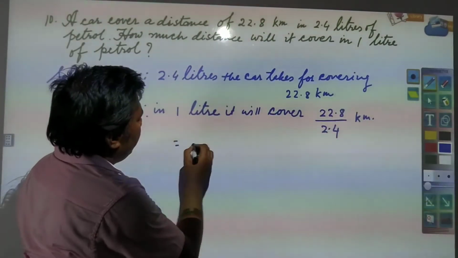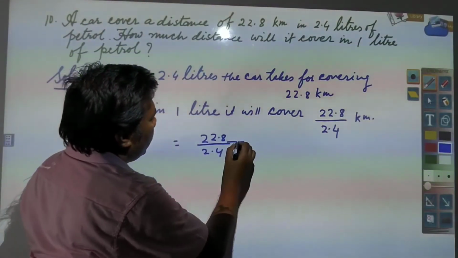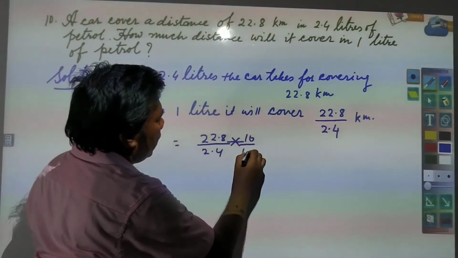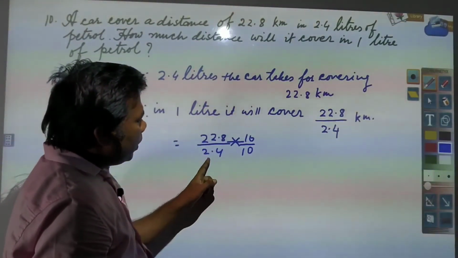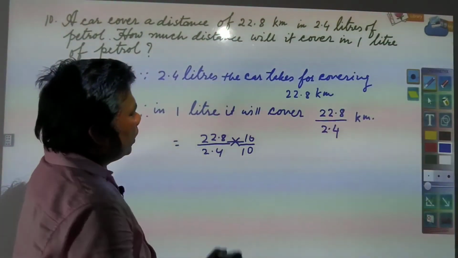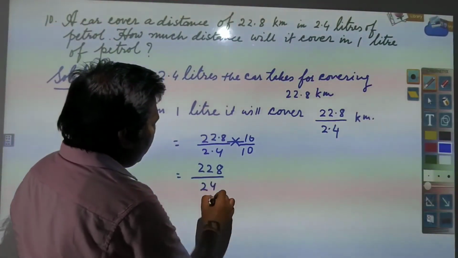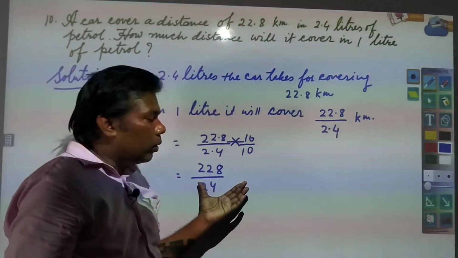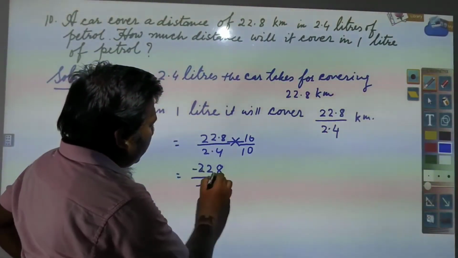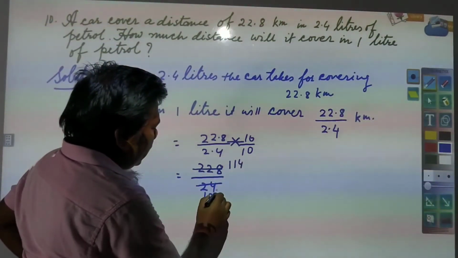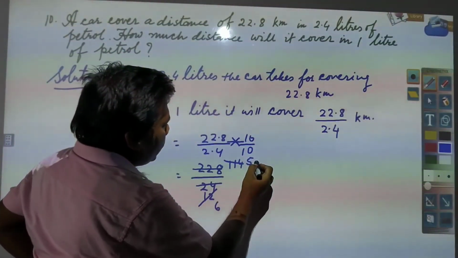You see, that will be equal to 22.8 divided by 2.4. So you need to multiply this by 10 and by 10. Since in 2.4 you have 1 digit after the decimal, it is required to be converted into a whole number, and that's why it is required to be multiplied by 10. So what will you get? 228 divided by 24. Again, you can directly divide and find the answer, or you can cancel if it can be cancelled. So 2 1s are 2, 2 2s are 4, 2 1s are 2, 2 1s are 2, 2 4s are 8, 2 6s are 12, 2 5s are 10, 2 5s are 10, and 2 7s are 14.